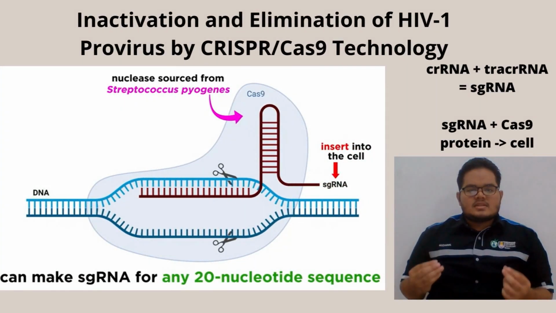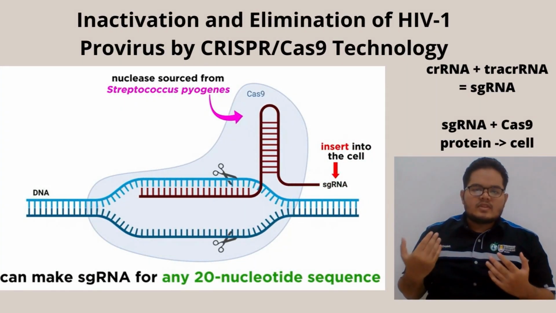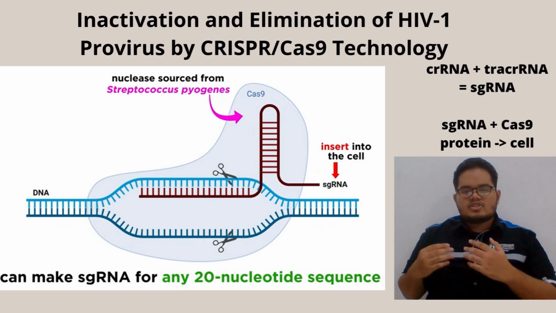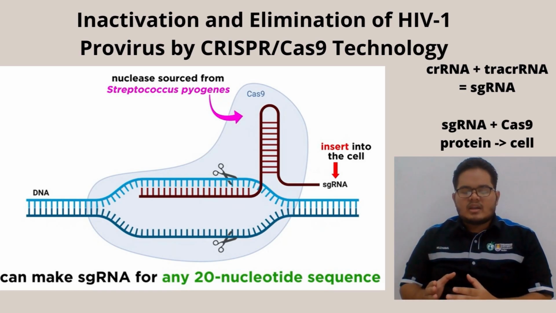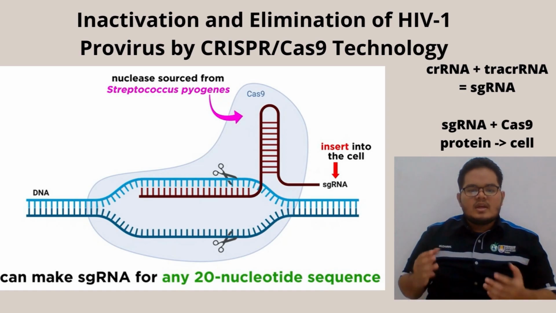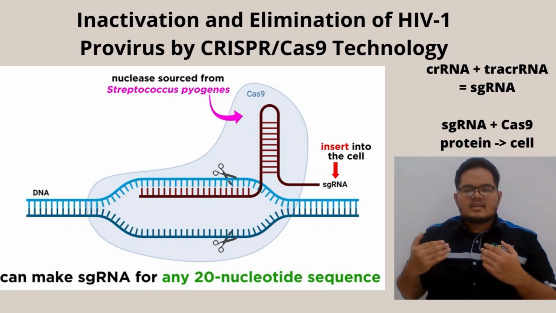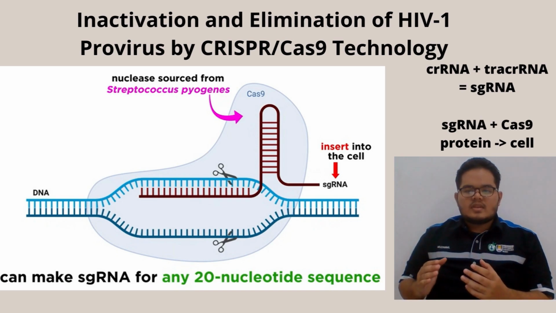the CRISPR-Cas9 system can be adapted for HIV therapy by fusing the crRNA and trans-activating CRISPR RNA into a single guide RNA known as the sgRNA. This sgRNA, along with the Cas9 protein, can be introduced into a cell to cleave DNA at the LTR sequence to inactivate the